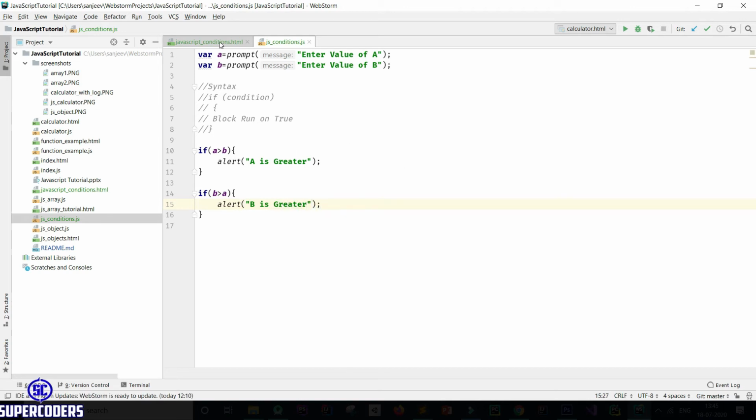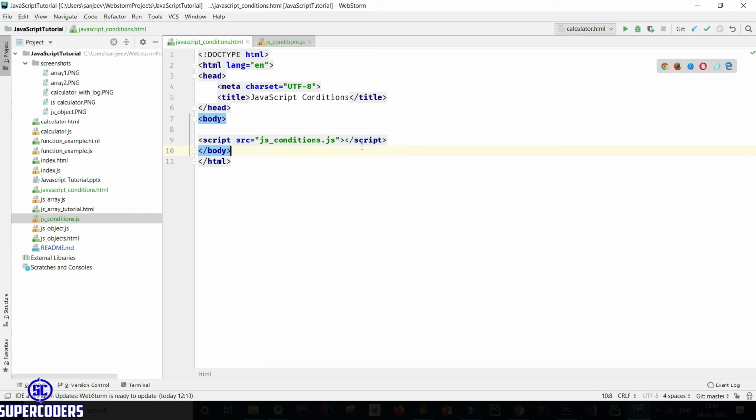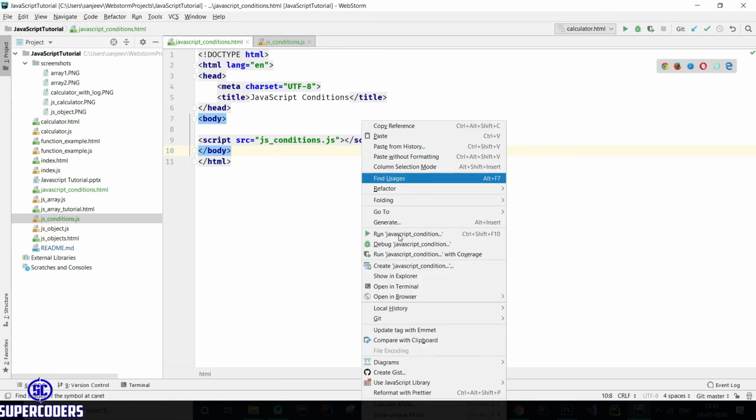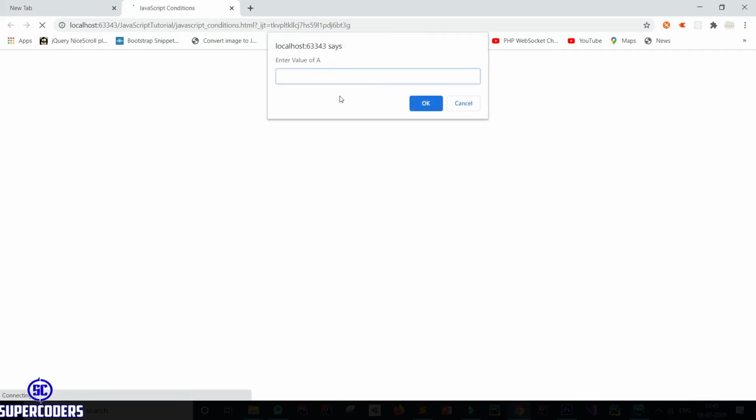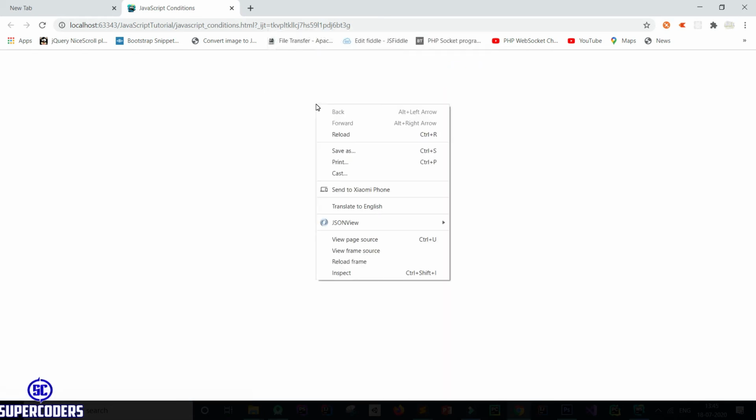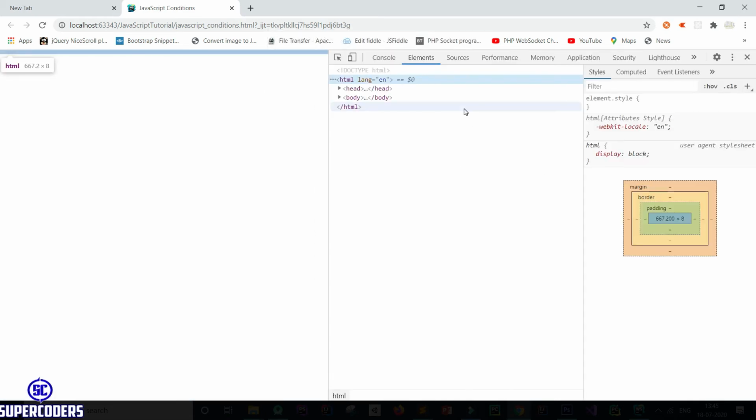Now let's run the file. Right click on run. It's asking for input, so I'm giving 10 and here 15. You can see it shows b is greater, which is correct. So this is a simple example of an if condition.